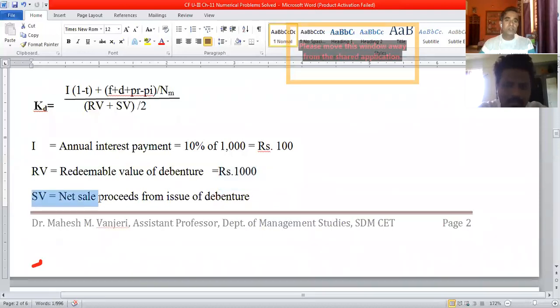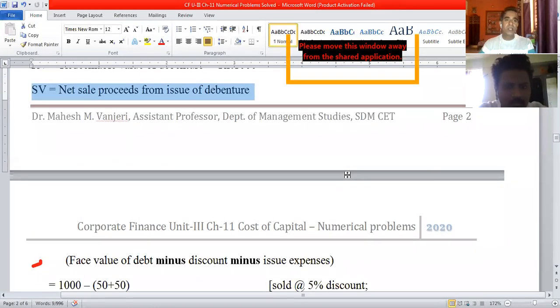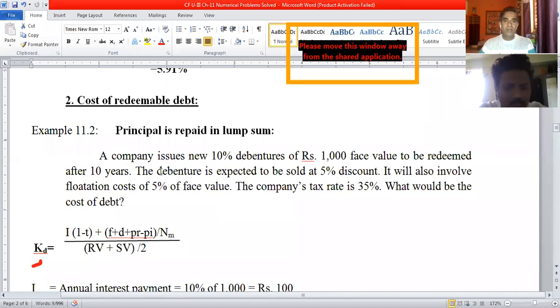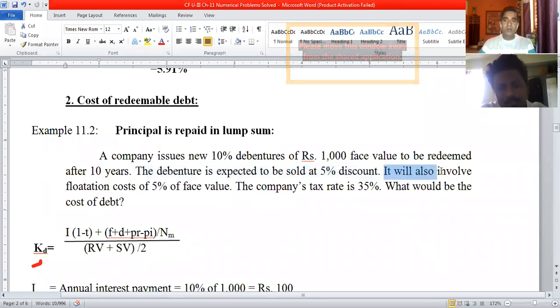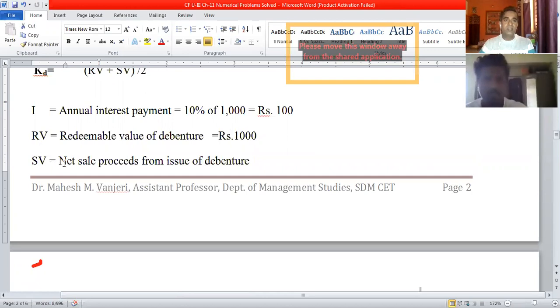SV is the net sale proceeds from issue of debentures. So we are going to calculate it. What is given in the problem? The debentures are expected to be sold at 5% discount, which means they will be issued at 5% discount, and it will also involve a flotation cost of 5% of the face value. So this amount has to be deducted in order to arrive at SV, the net sale proceeds